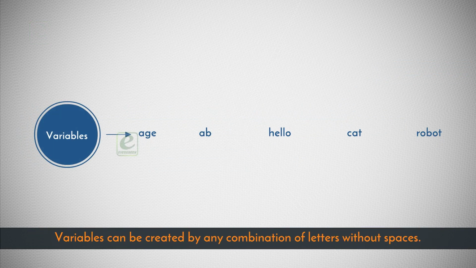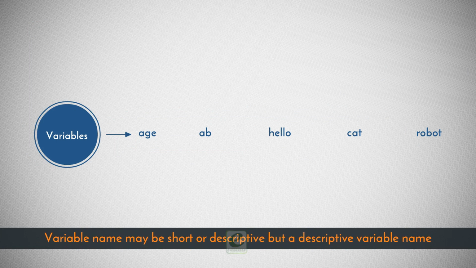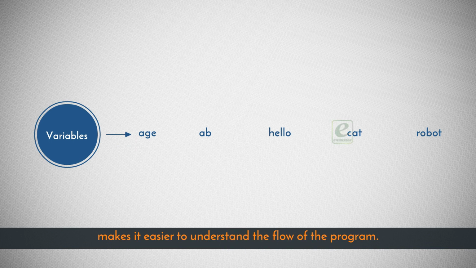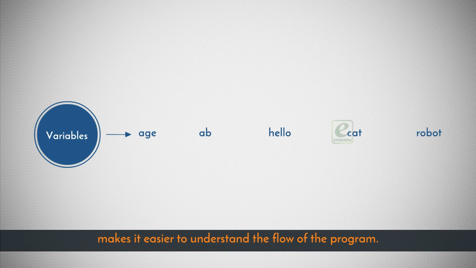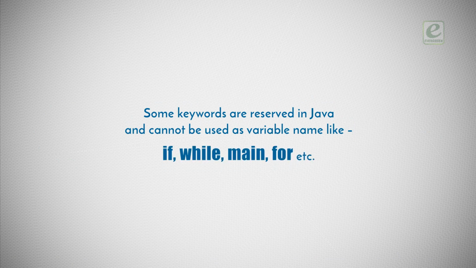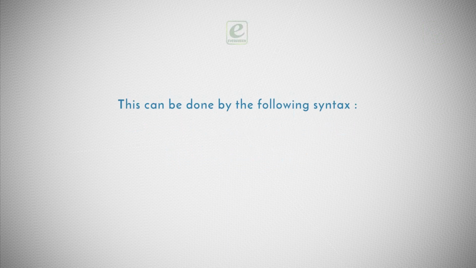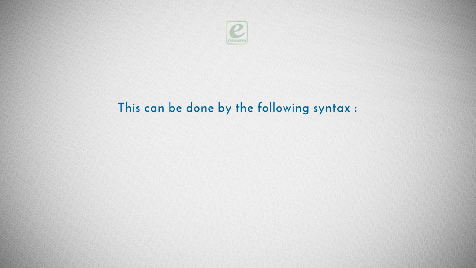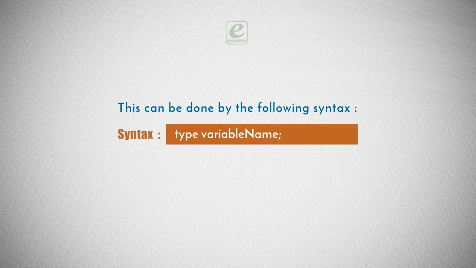Variables can be created by any combination of letters without spaces. Variable names may be short or descriptive, but a descriptive variable name makes it easier to understand the flow of the program. Some keywords are reserved in Java and cannot be used as variable names, like if, while, main, for, etc. This can be done by the following syntax. Syntax: type variable name;